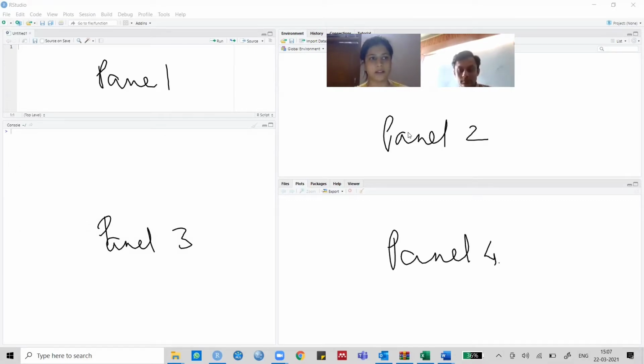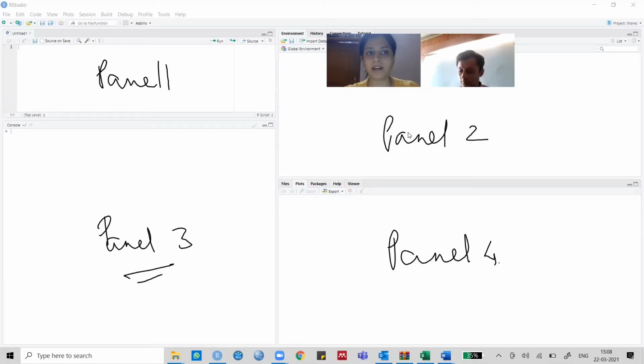In panel 1, it is called script, where when we import our data file, data set, it will reflect here in panel 1. So this is a kind of script. We can even write the codings here also. But when we press enter here, for example, I write one code, enter, second code, enter, third code, it will not get executed. So panel 1 acts like a text file. We are just saving our codes here. So this is how we can work. But we generally don't use it for coding because we have panel 3 to write the code.